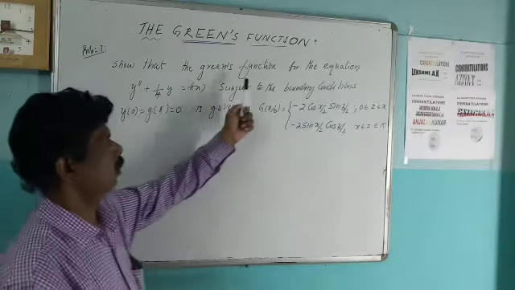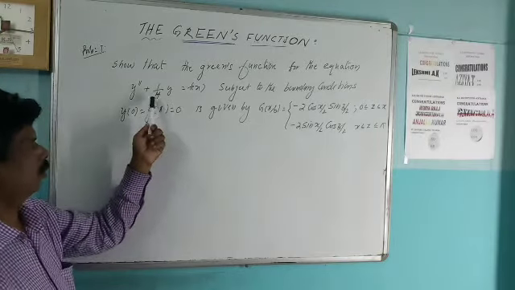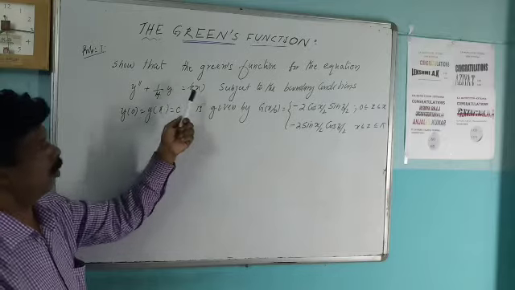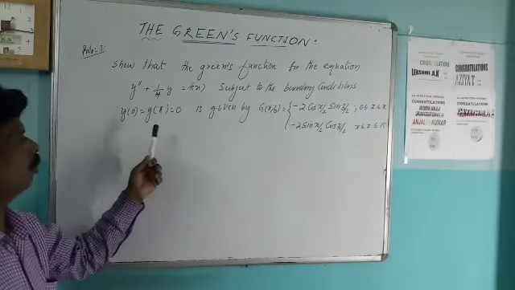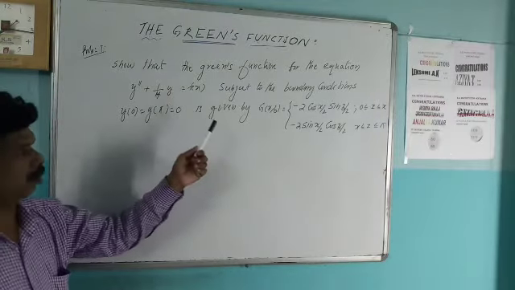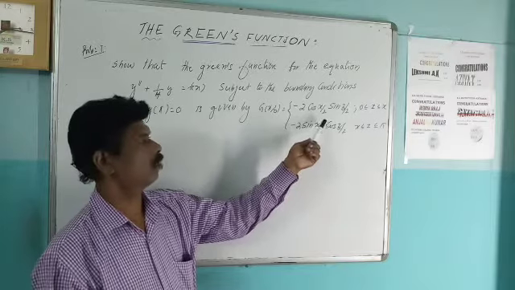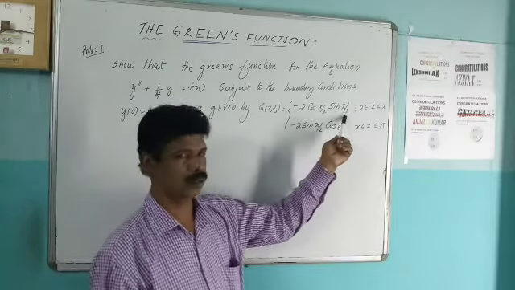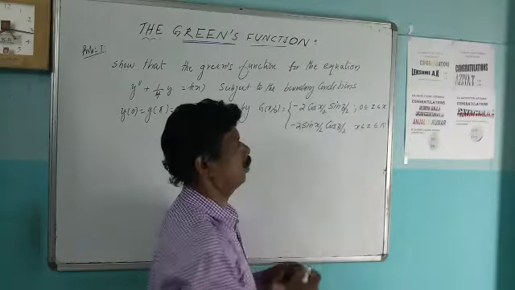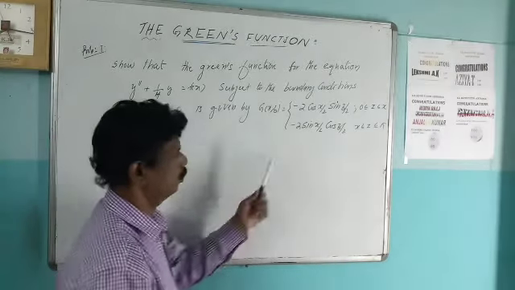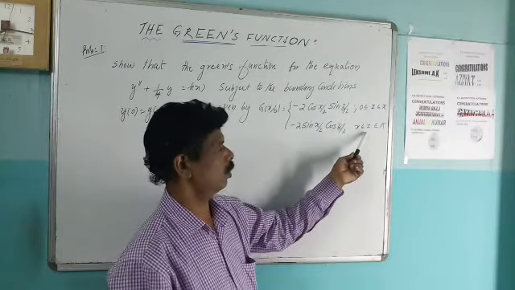Show that the Green's function for the equation d square y by dx square plus 1 by 4 y equal to f of x, subject to the boundary conditions y of 0 equal to y of pi equal to 0, is given by g of x, z equal to minus 2 cos x by 2 sin z by 2, 0 less than or equal to z less than or equal to x, and minus 2 sin x by 2 cos z by 2,